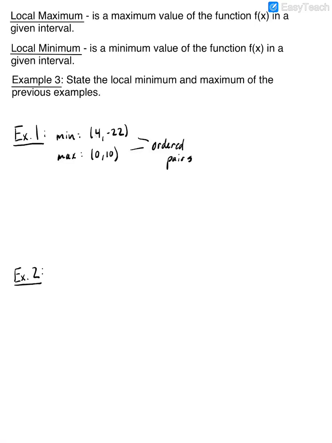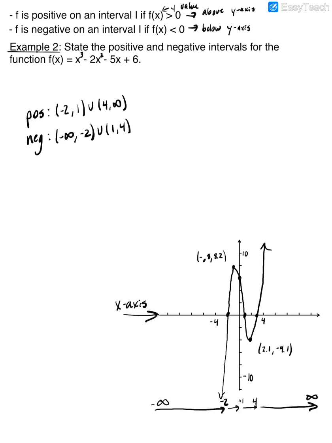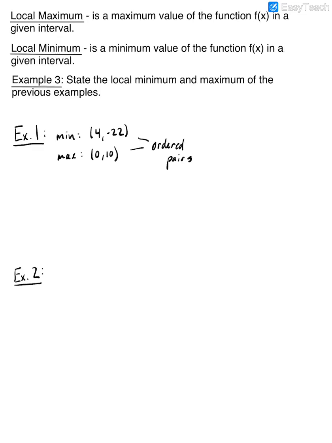Okay. Now let's go back to the last picture for example 2. These ones are a little bit harder. Sometimes they land on nice points like the first one. This one they don't. So I have a maximum at negative 0.8, 8.2. So it's pretty close to something nice, but not quite. And then my minimum is going to be negative 2.1,